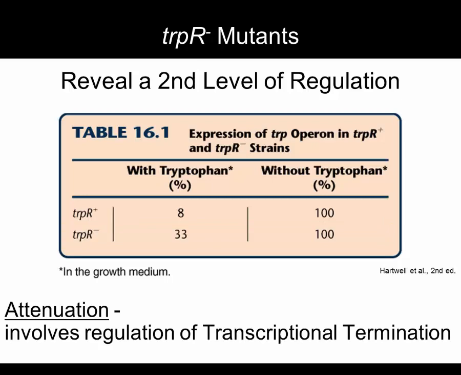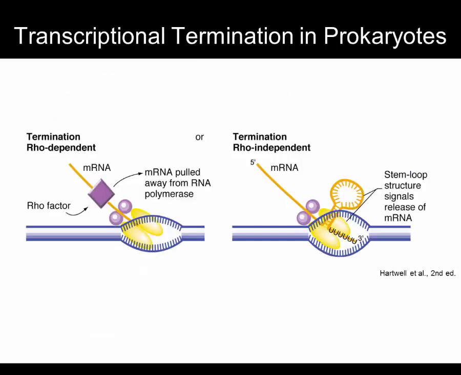Rather than blocking the polymerase from ever starting transcription, attenuation involves early termination of transcription. Recall that we talked about 2 forms of transcriptional termination in E. coli, rho-dependent and rho-independent. Attenuation makes use of rho-independent termination, wherein this hairpin, or stem loop structure, causes RNA polymerase